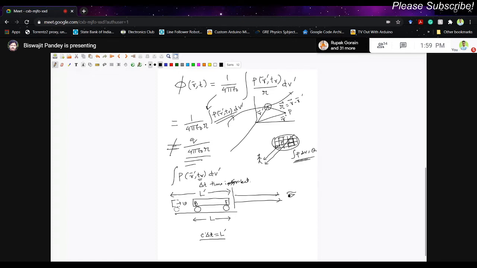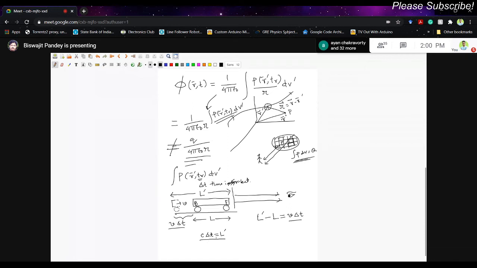And if you consider delta t to be the time lag, then since the train is moving, by the time delta t the train has moved over some distance, given by this one, right? Looking from this to this, that should be equal to v times delta t, because v is the speed of the train and delta t is the time interval. So this should be v delta t. This, L prime, minus the length of the train is equal to v times delta t. This is the distance traveled by the train over time interval delta t, right?